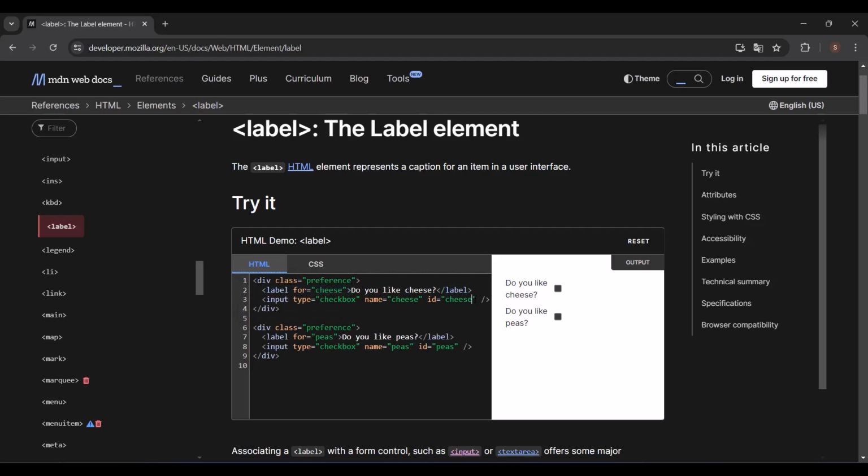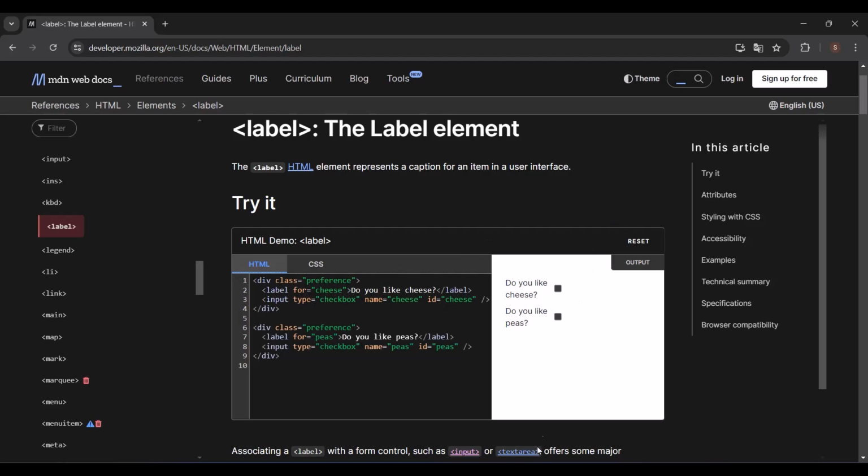And it's important to not have two IDs which have the same name. It's recommended to have different IDs for your inputs, like you can see here, you have another ID. So this is how they are programmatically associated. You give an ID to the input, and then use the label and the for attribute, and you associate that label with the element, which in our case is the input checkbox.